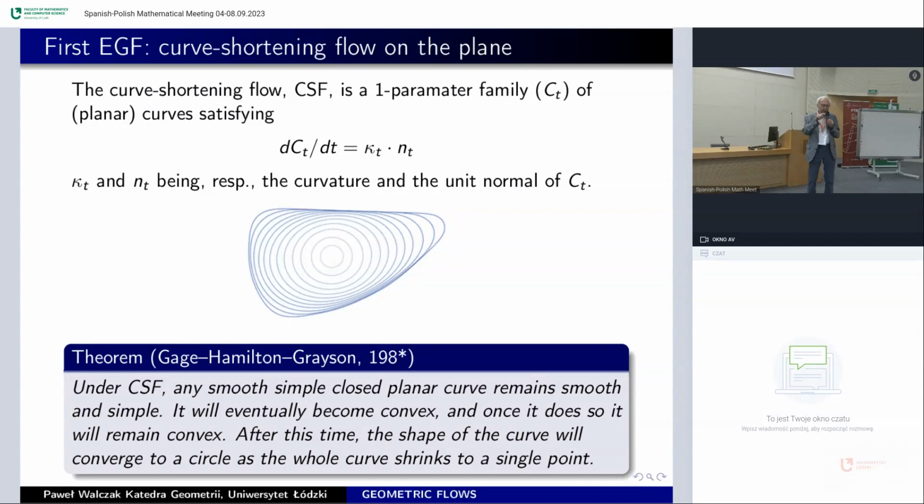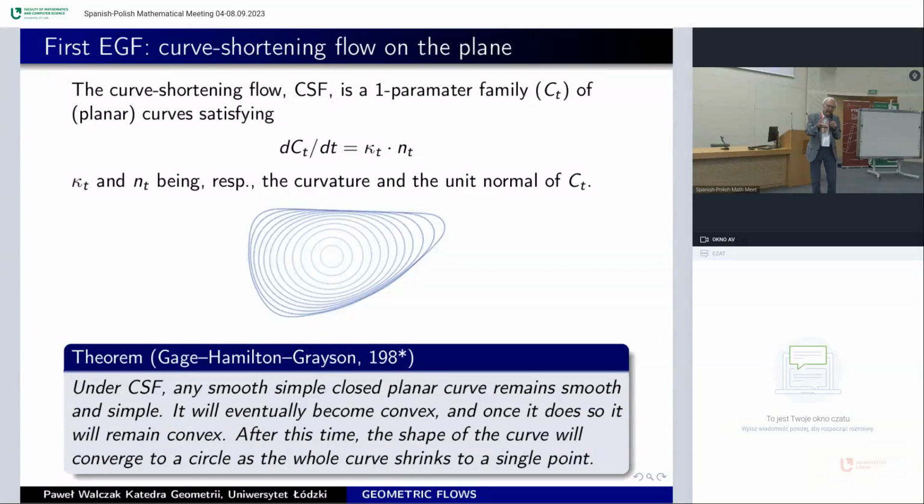The planar curves are denoted by C_t, such that the variation field dC/dt is parallel to the unit normal, the unit vectors orthogonal to the curves, and parallel with a coefficient which is just the curvature of the curve. Then